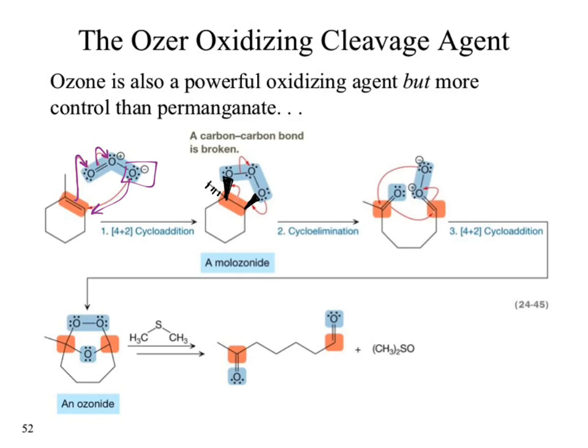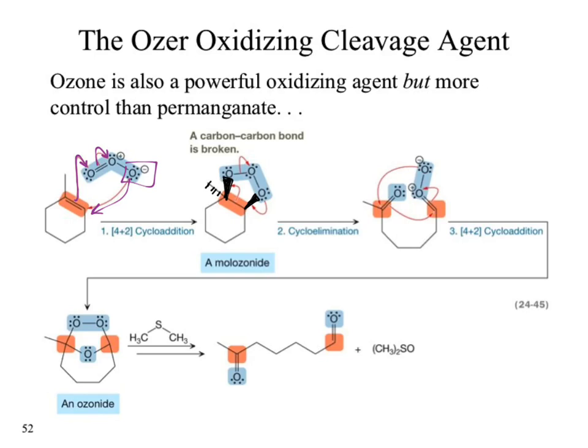Okay? Then what happens? A whole crap fest of fun happens. You get a cycloelimination. You get what's known as a 4+2 cycloaddition because of the ring structures that are happening. All these fancy fun arrows, which, believe it or not, I think is very, very cool. Okay? I also think it is a waste of time to talk about it because you're never tested at that level. Okay? So what happens is you end at the end with your carbonyls. The exact same thing as what happened with permanganate. There's one added benefit